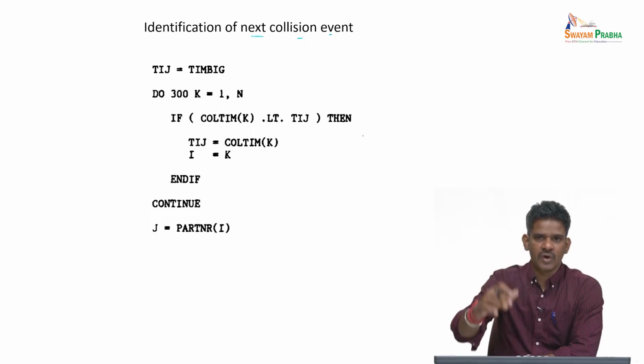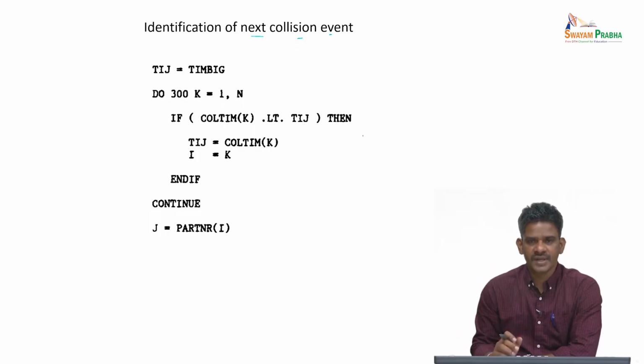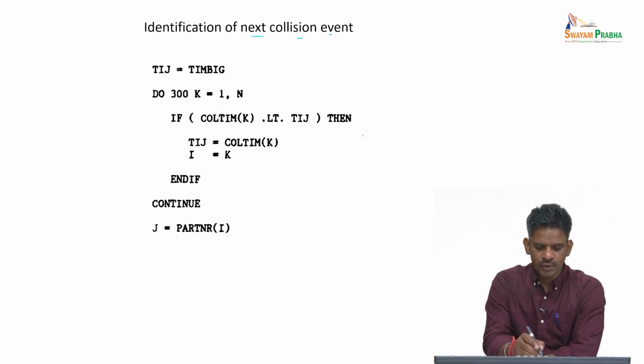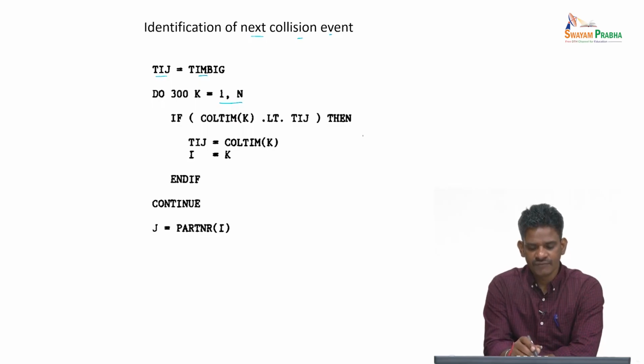The next collision event is nothing but the pair which has the least collision time. Now we have looped over all the particle i and j pairs and found the collision times, so we have to find which pair of particles has the least collision time. To do that, you loop over particles 1 to n, start with some big number Tij, and for every particle k going from 1 to n, you check whether the collision time of the kth particle is less than Tij or not. If so, then you set Tij to the collision time of the kth particle, and then